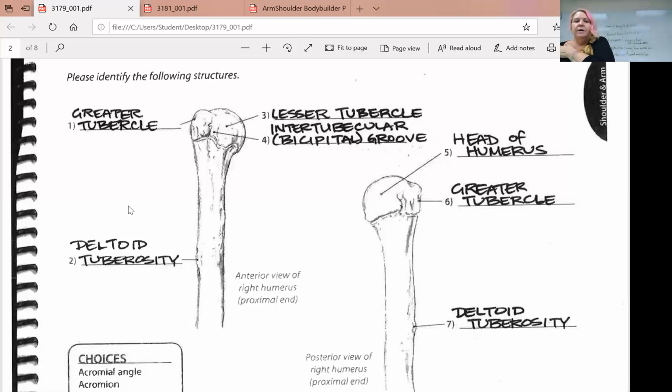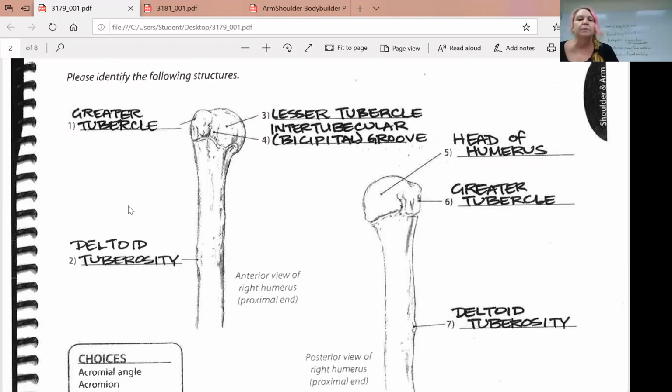And then we have the lesser tubercle, which you can see in anterior view. We're coming in then to the medial side, right? Towards that head where it comes into that glenoid fossa. So we went from lateral where the greater tubercle was. We came in more medial to the lesser tubercle. And in between those tubercles, those two bumps, we have the